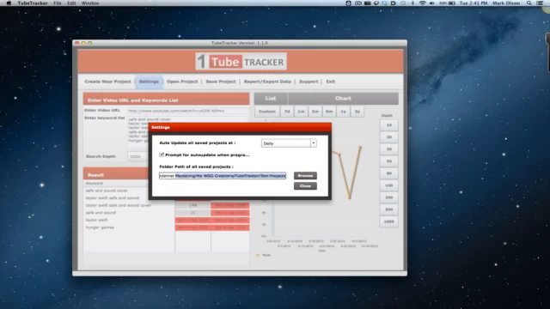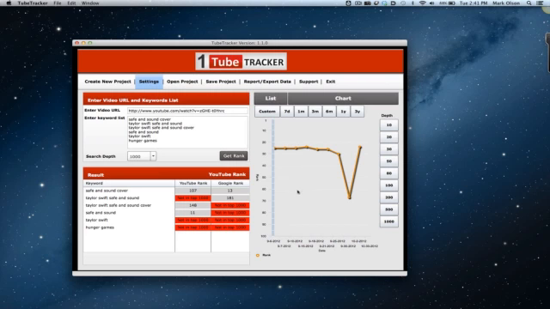Here you specify a path where you keep your projects, and those are the projects that it automatically updates every day. You can track rankings on as many videos and as many keywords as you want. To set up a project, you just enter a URL for the video, enter as many keywords as you want and the search depth, and click on Get Rank. We just barely added the Google rank tracking, so it displays both where it ranks in YouTube search as well as Google video search.